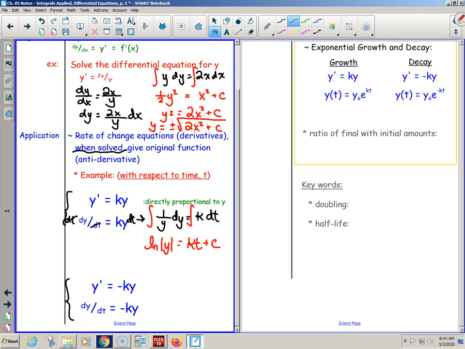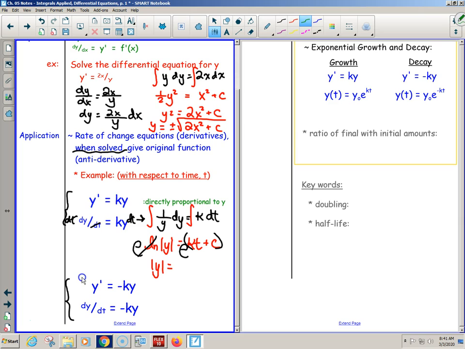And how do I undo ln? E. This isn't calculus, this is just pre-cal. Undoing the ln, I have to do e to the power of, please put parentheses, e to the power of both sides. Now I get an absolute value of y is equal to, now here's where it gets a little crazy and we have to review